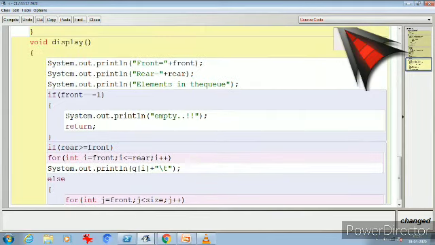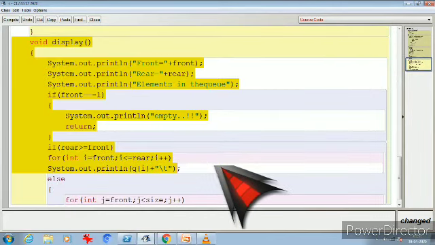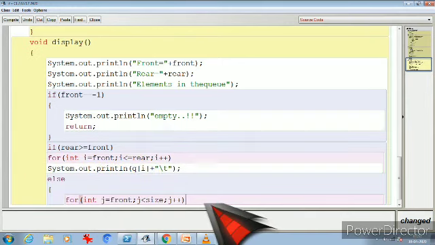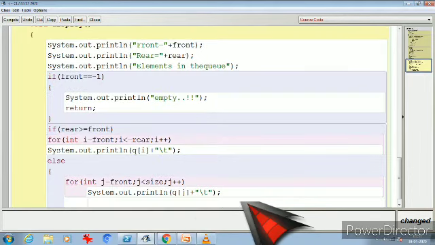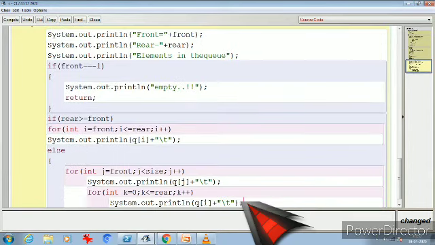And I'm going to print the same thing, but instead of q i it is going to be q j, and it will print half, not the complete queue. Then move back in a circular motion. I have to write again, and these are two loops, but not nested loops, not one inside another, so be careful in that.